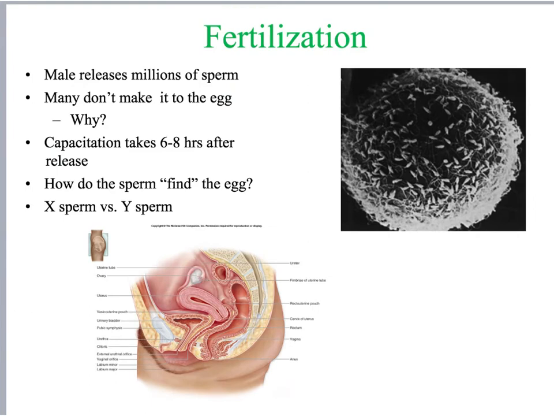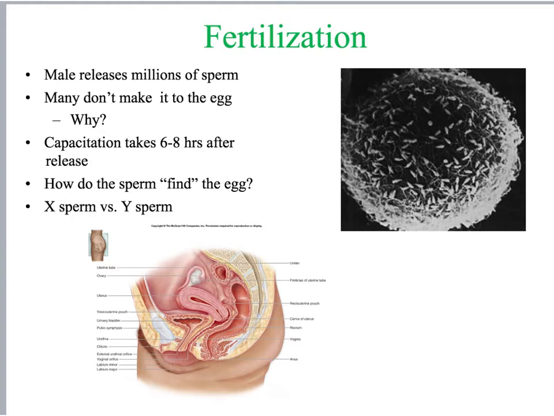Now, the first thing we have to talk about is fertilization. This is an incredible feat, especially for the sperm, if you think about how far they need to go. Now, they go about 5 inches, 4 inches. Remember, we talked about the length of the vagina in the last reproductive system lecture that I posted. Now, the oocyte, once it's ejected, it's viable for about 12 to 24 hours. The chance of pregnancy drops to almost 0 by the next day.